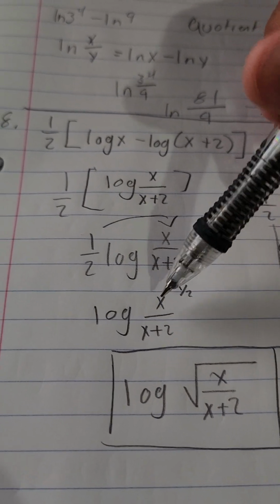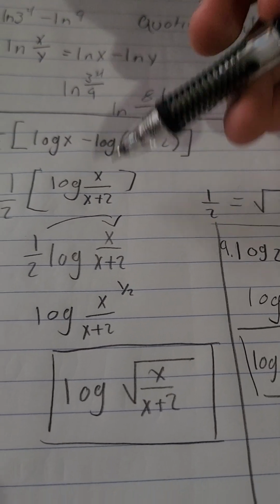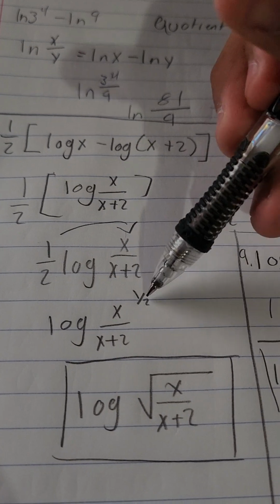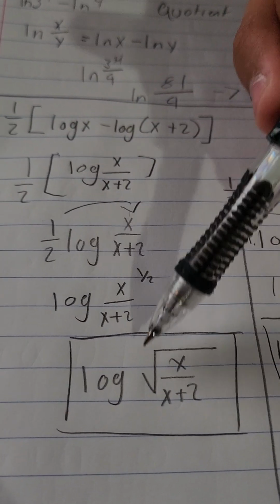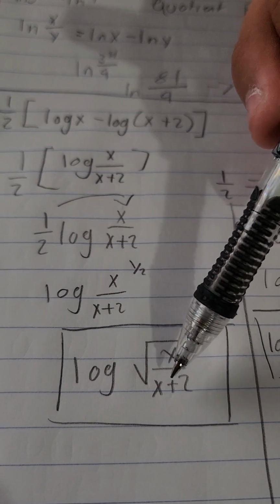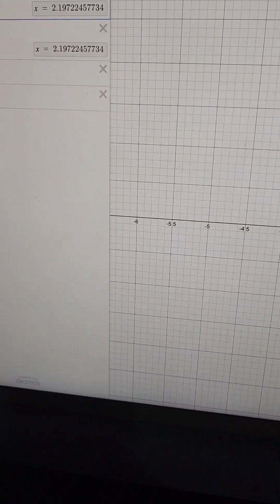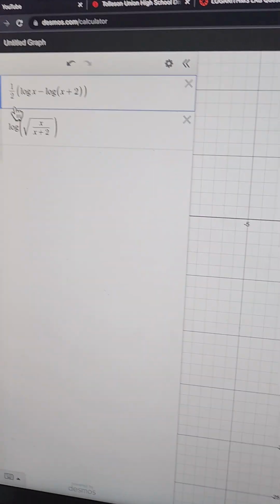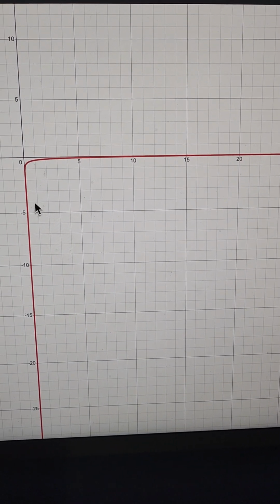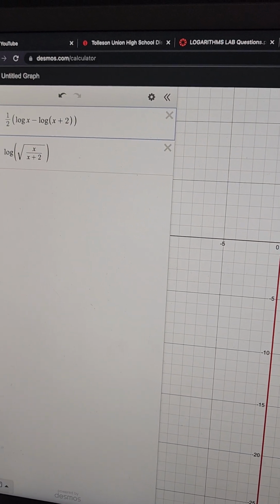right? And since 1/2 is just equal to the square root sign, 1/2 in the exponent though, only in the exponent. If it's 1/2 in the exponent, it's just the square root sign. So square root x over x plus 2, right? And we could plug them in as well. So this is the original equation, right? And this is the new equation,